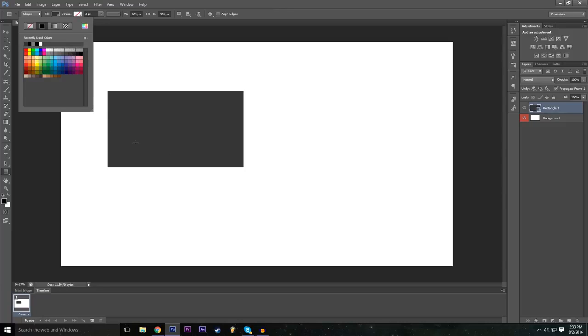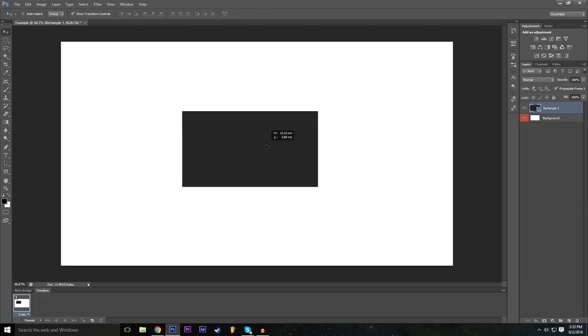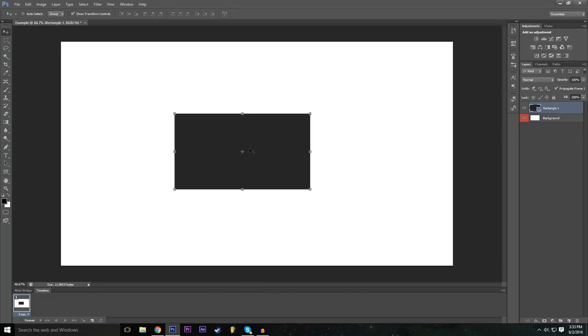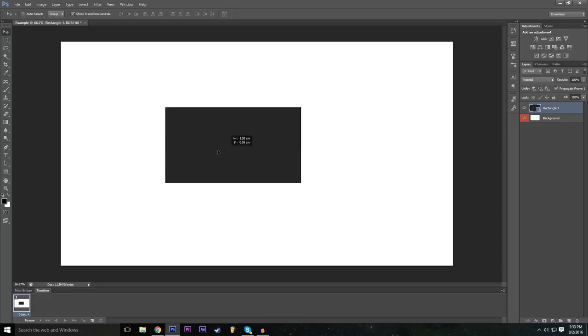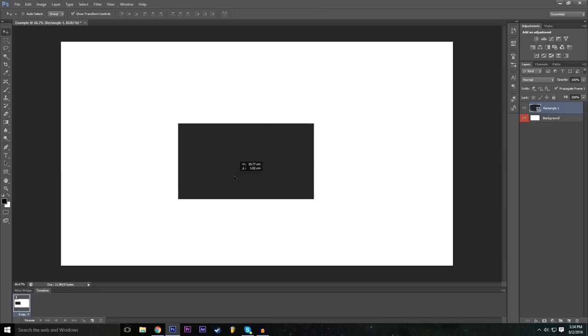Since the background is white, anything that isn't white is going to show. So let's make this a dark gray color, I guess. That works. So now if we want to move the rectangle to the middle, of course, we can do that by just clicking and dragging. And if you want to move any object in a linear fashion, let's say we want to move it horizontally,